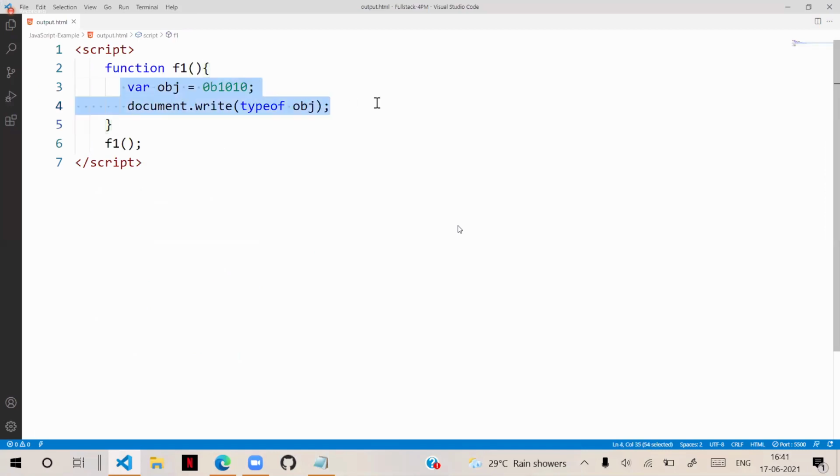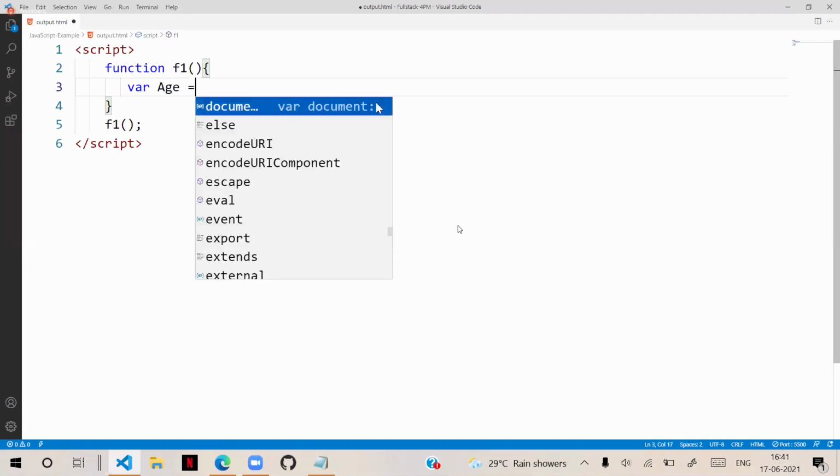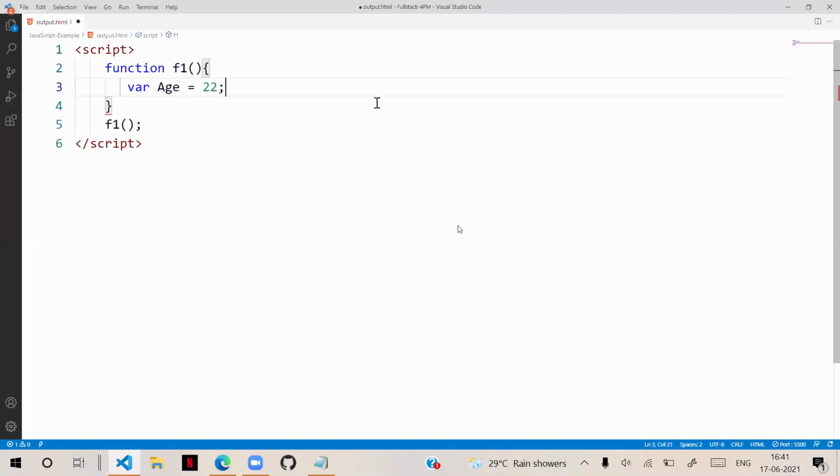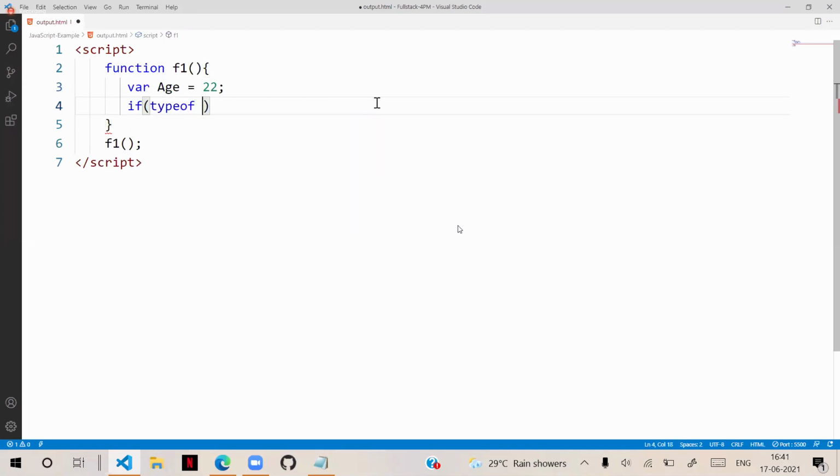Suppose we ask for some age. I declared a variable age, and into that the user should enter some value. Suppose here it is 22. We write a condition: if typeof age,